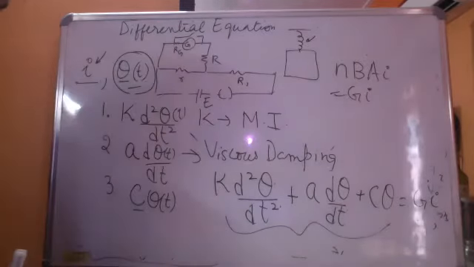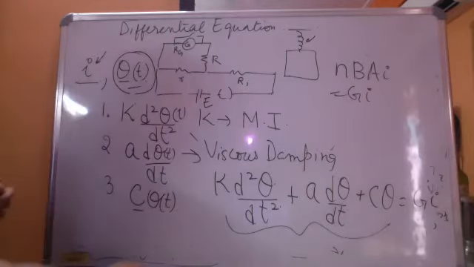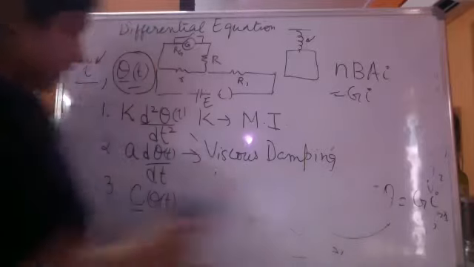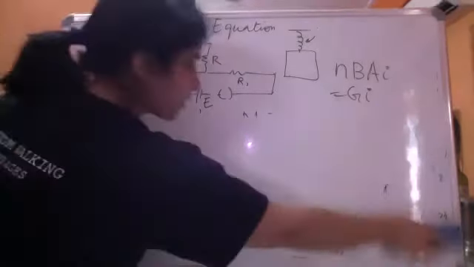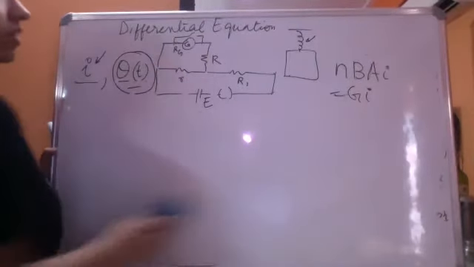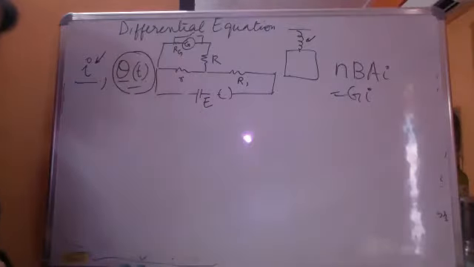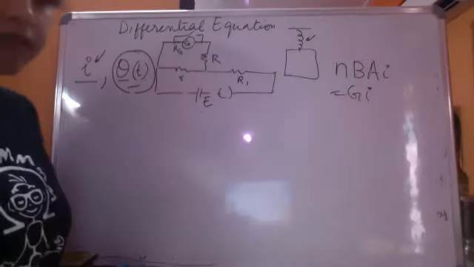If you go back and list down what we were listing here, in addition to these three things that we included on the left hand side, the net EMF in the circuit is not just the battery EMF. Why? Because